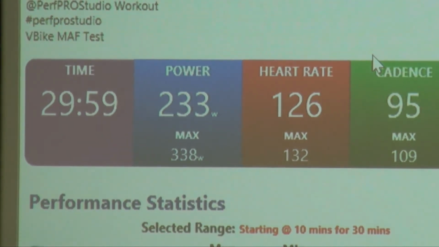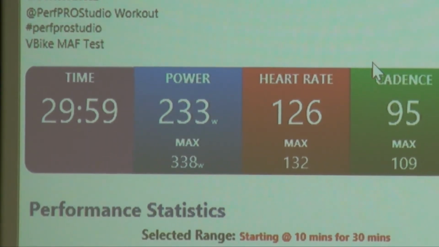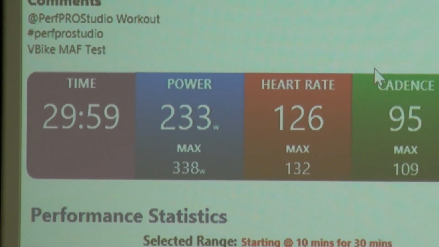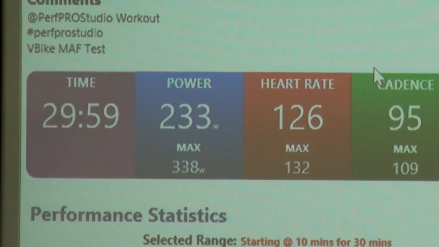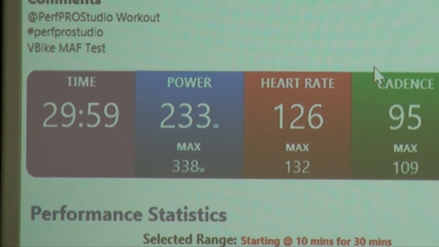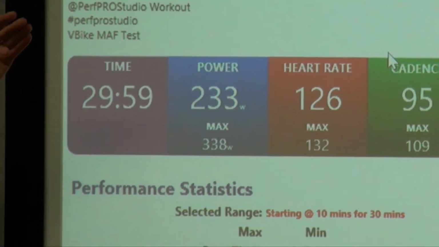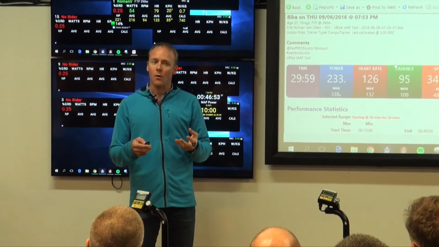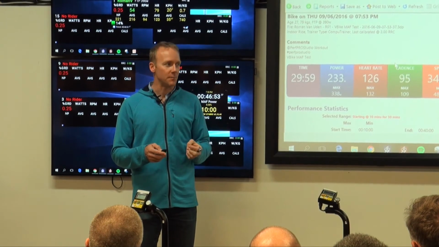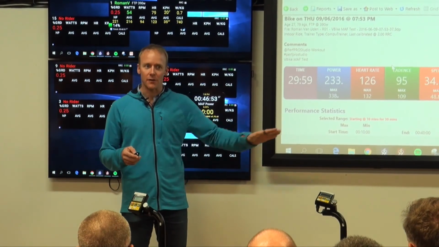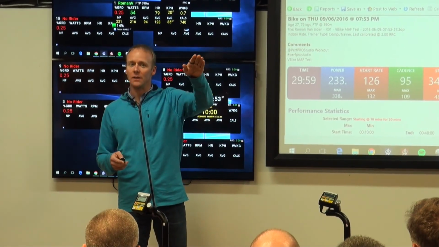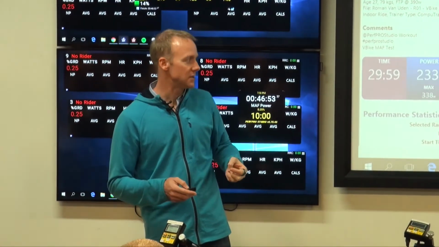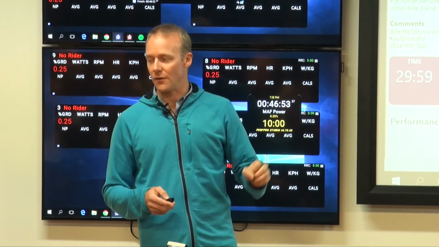His mean or average power output that he wound up riding for was 233 watts. What I would love to see is the slope of the line, because I know he started out considerably higher than that. Sometimes that slope can give an indicator of how carb or fat adapted you are. The flatter that line, what do you think? The better fat oxidation that you've got. That's right. And the converse.